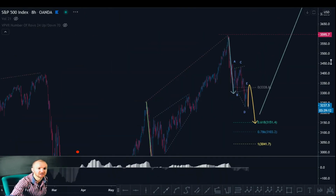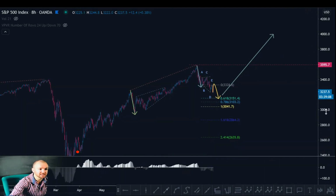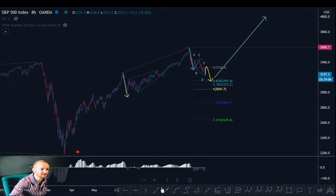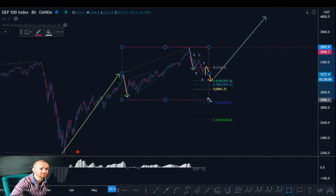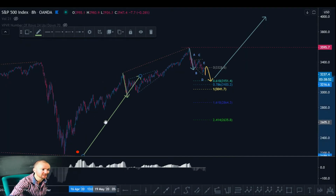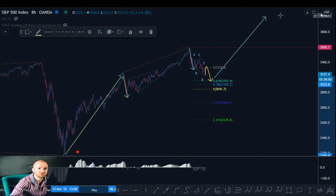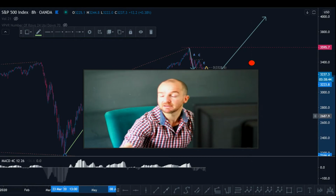So if we zoom out all the way to the 8 hour, even all the way out to the dailies, you'll see that what we're looking at is this big structure, impulse up, and we go into a relatively corrective structure in comparison to that first impulse, and we've now pulled back. So we're getting this to the downside now. And now we're going to see a turn to the upside to complete the structure, which means a move and push up towards 4,000. And the one thing that's going to push stocks up to 4,000 is another stimulus package